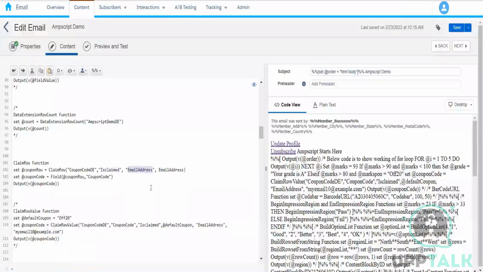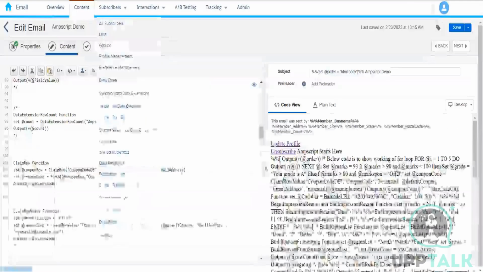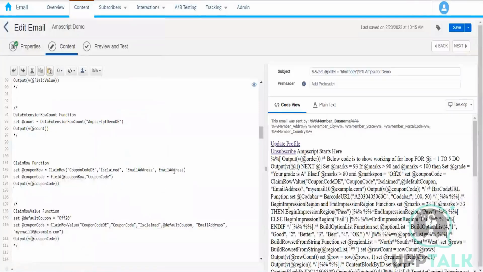Now, email address. This is the third column that we need to mention, what would be the value of the field that we need to update. Okay, so who claimed the coupon, and what would be the value of this field. Here we are mentioning the email address without the quotation mark. What does it mean? The value will come from the data extension that we will select at the time of the preview. So the value will come from there,